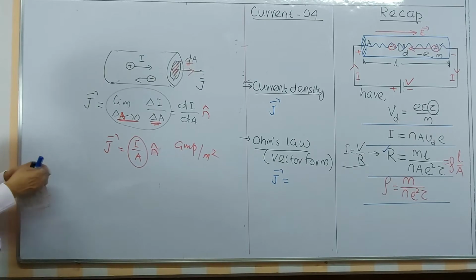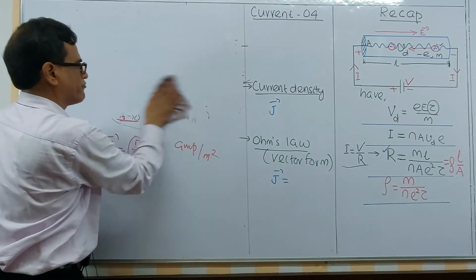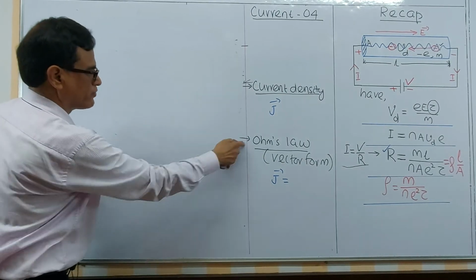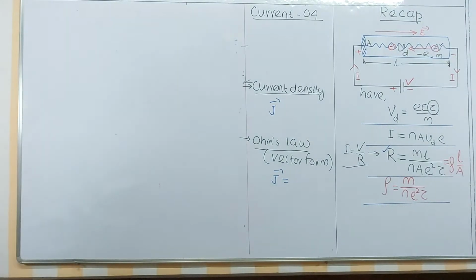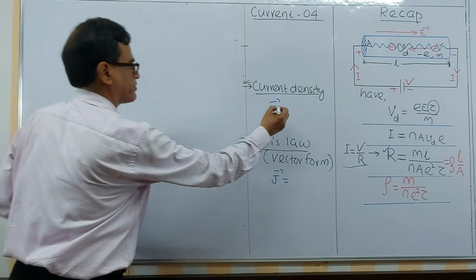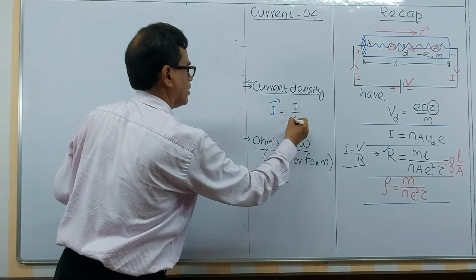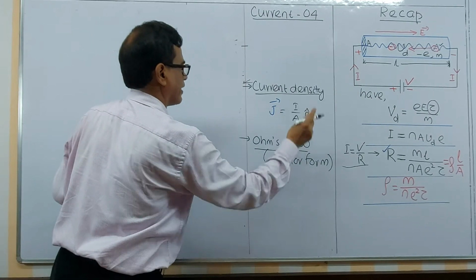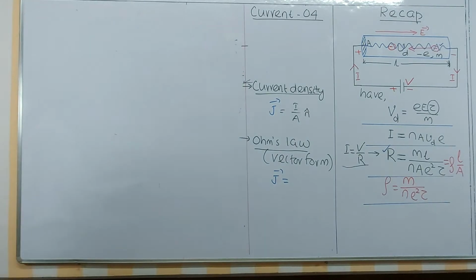Let us see the direction of current density. Simple definitions we can. Now I am going for the third one. You see. Now we have defined J is equal to I by A n cap. N cap is the normal, that's why I am giving the n cap. There is nothing new thing here, remember.